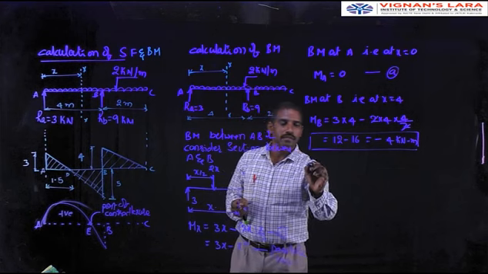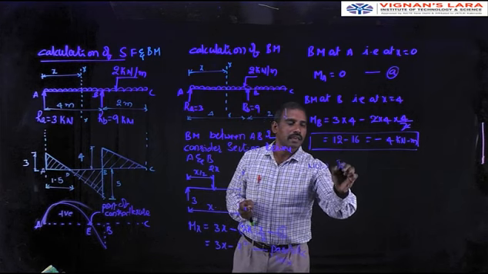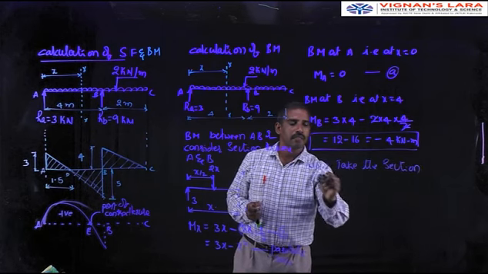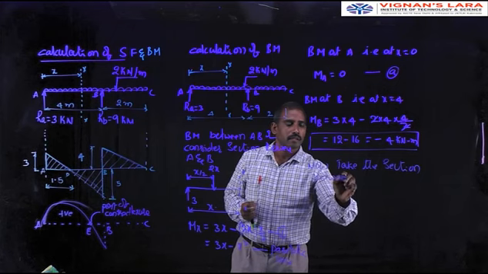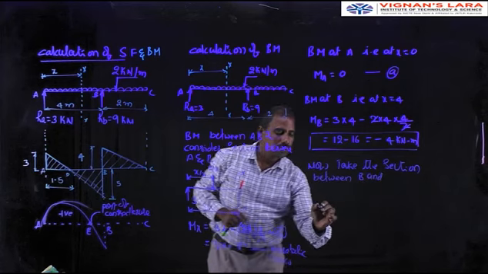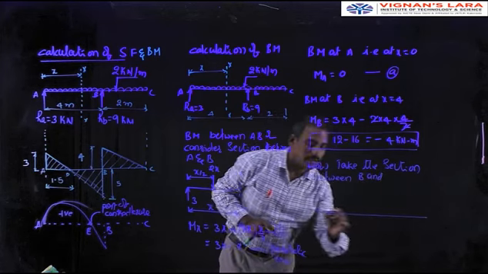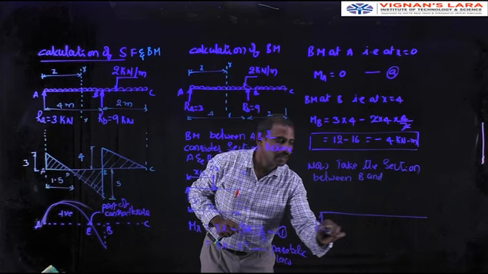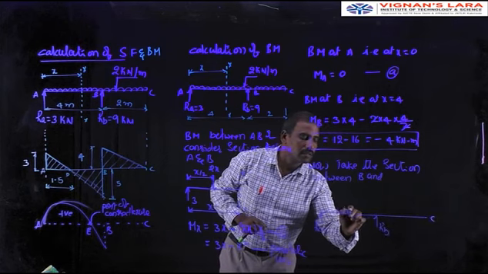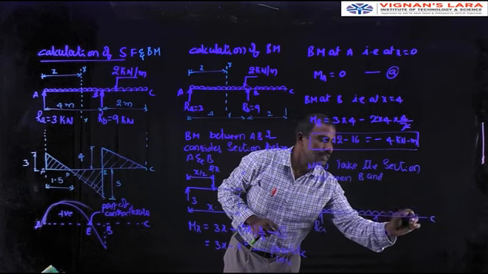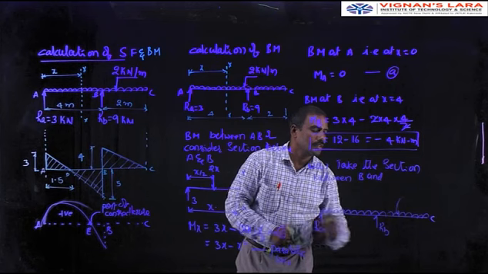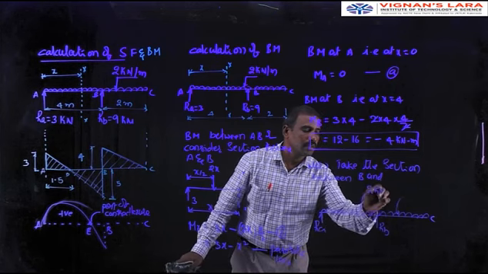Then let us consider the section. So now, take the section between B and C. So then draw the beam, overhanging beam. This is RA, this is RB, this is C. It is distributed over a distance 6 meters at the rate of 2 kilonewtons per meter. So that is 2 kilonewtons per meter.